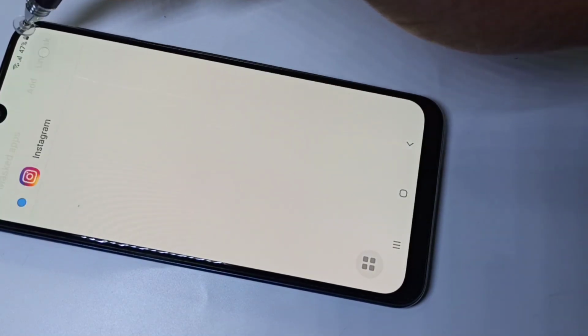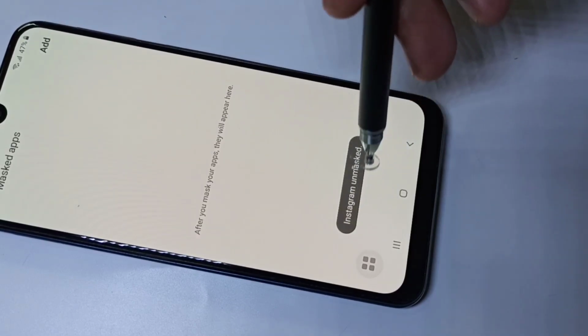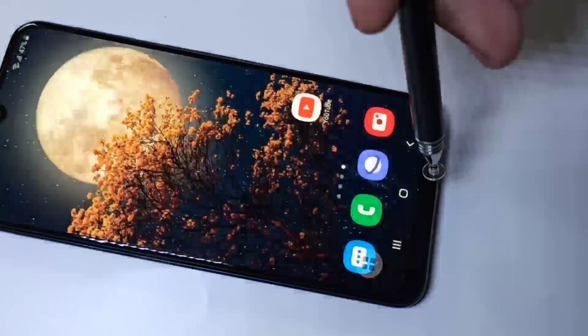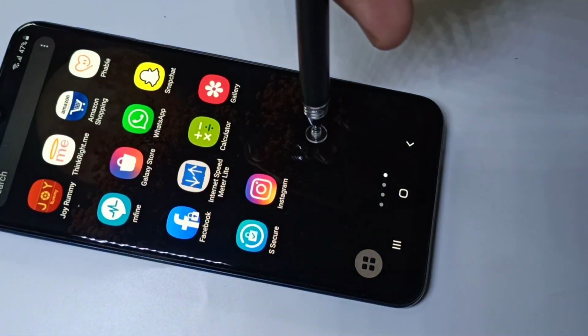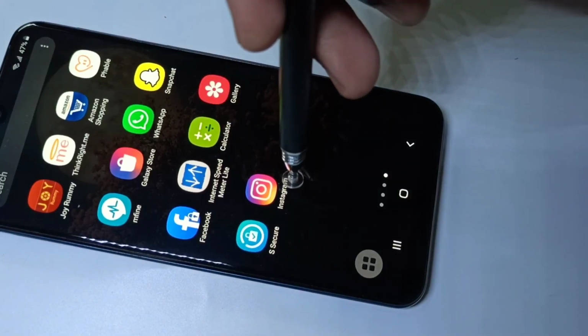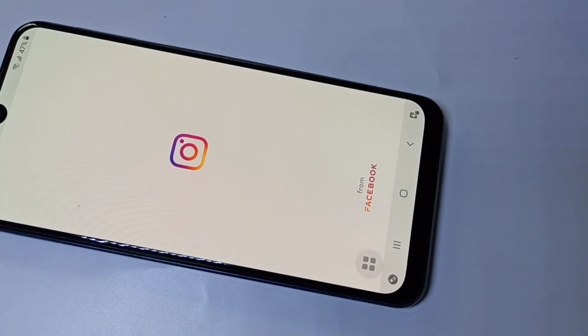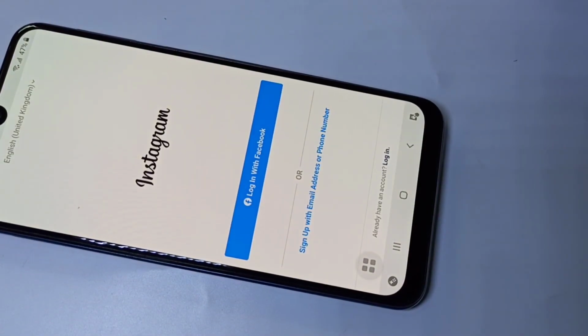Tap on unmask, then tap on unmask again. Instagram unmasked. Now if you go to the apps list, here you can see the Instagram. We can open it. So these are the options to lock and hide apps.